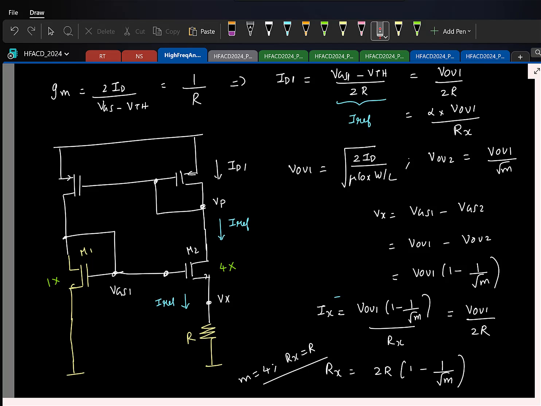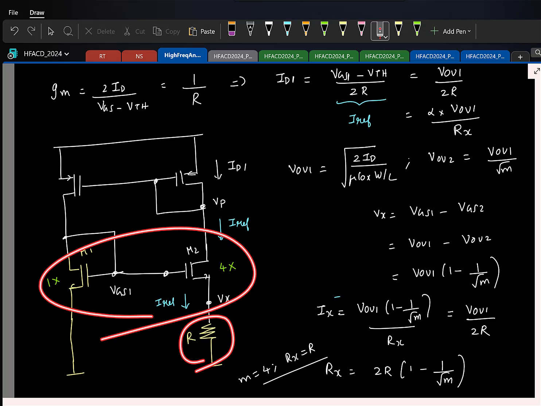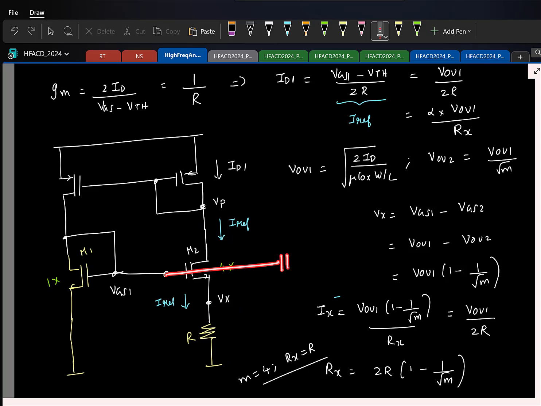So if you do this now, the GM of these transistors will become exactly equal to 1 by R. So once that is done, you can take this and mirror it to any number of transistors, and all the transistors will have the appropriate bias current, so that the GMs of those transistors will also be equal to 1 by R,